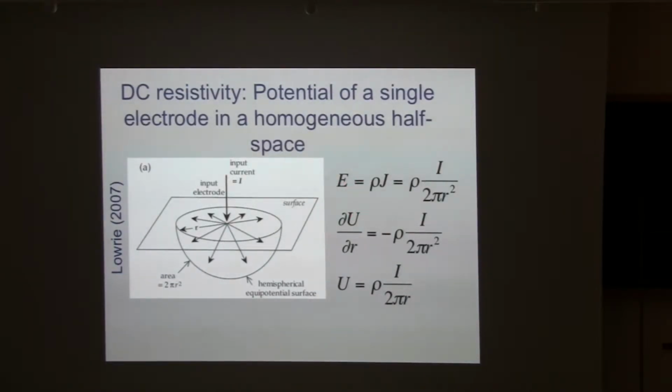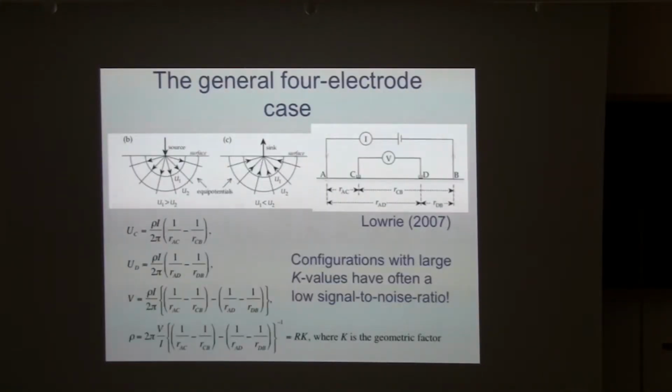We define this as the derivative, so the derivative of the electrical potential is minus the electrical field. So we have a relationship here. We integrate, and we have that the electrical potential is resistivity, current, divided by something related to geometry. Then in practice, you can just not inject a current at a